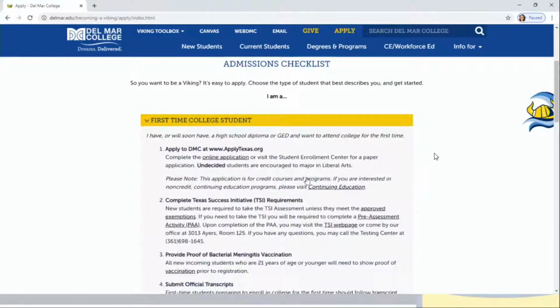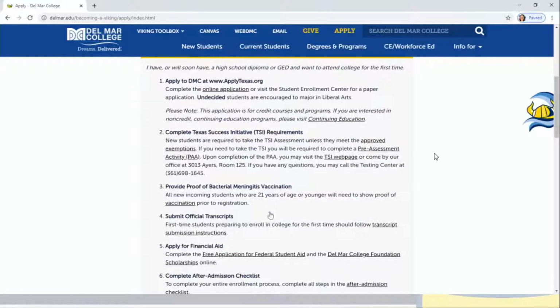And when you click on the drop-down arrows, you can see all of the admissions requirements and all of the documents that are needed so that you can start your journey with us at Del Mar College. We are still accepting admissions applications through appliedtexas.org. This is a free application. There are no essays, there are no recommendation letters, there's no fee to apply, and we do receive them very